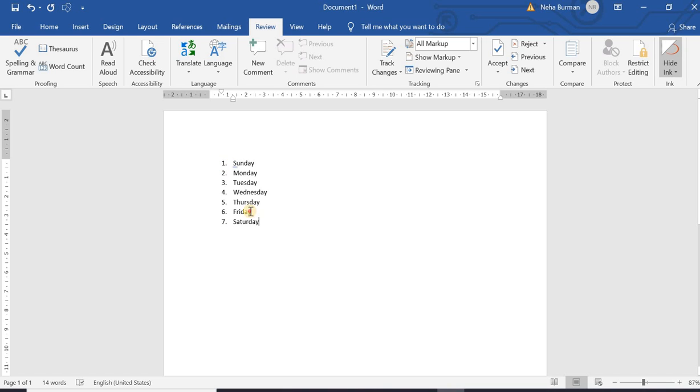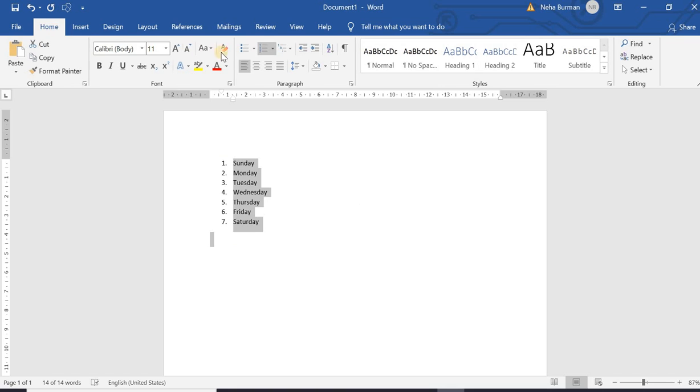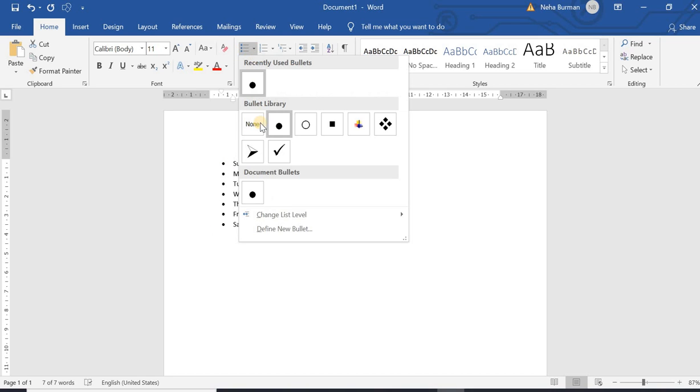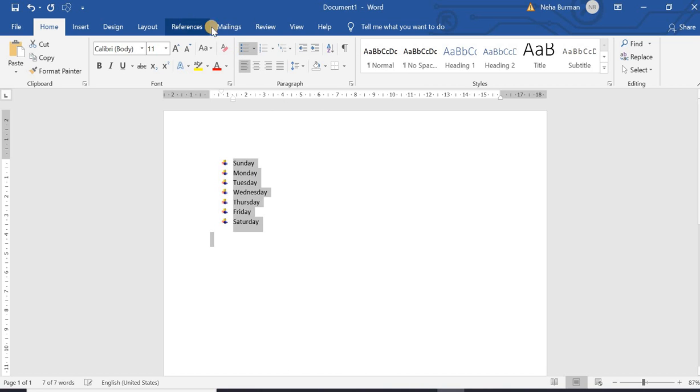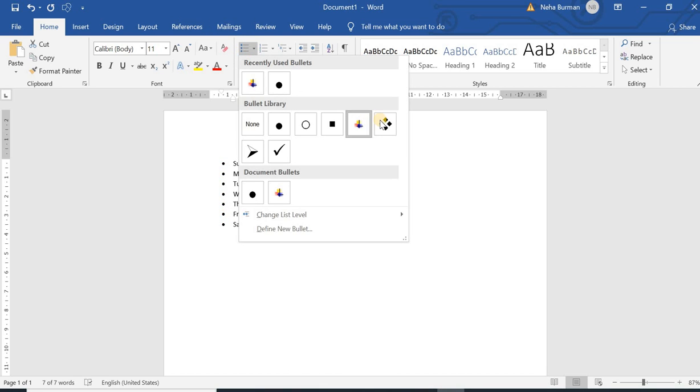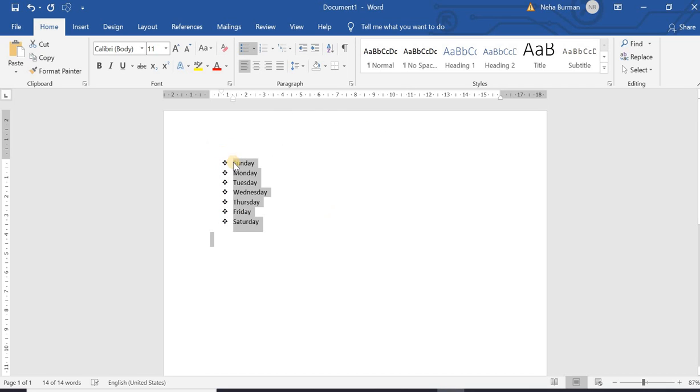Select this, we will select this and then from here we will click on this bulleted list. तो जैसे ही हम bulleted list पे क्लिक करेंगे यहाँ पे bullets बने हुए आ जाएंगे. There are so many types of bullets here. इनमें से कोई भी bullet आप अपने document पे set कर सकते हैं. Which bullet you want to set on your document, you can set it here.